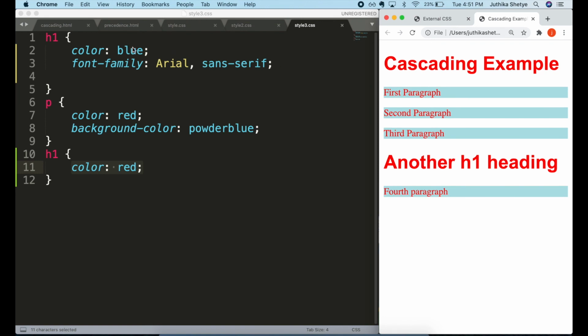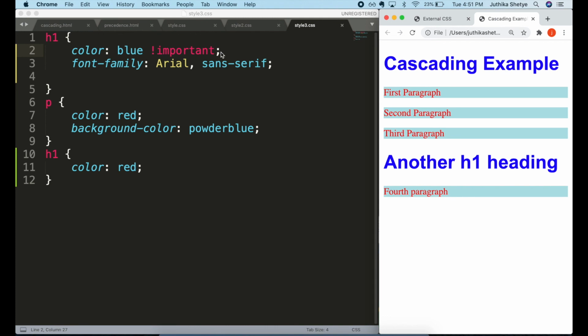Suppose you're writing something and you really don't want that style to be overwritten by any other styles. Then you can use the important keyword like this. The important keyword will override source order and specificity. It's added to the end of the style declaration but just before the semicolon.